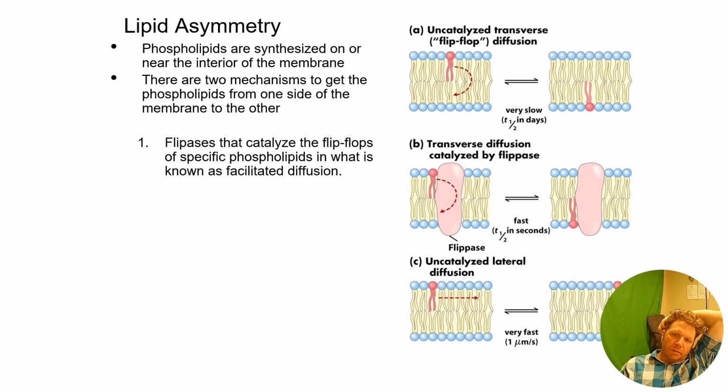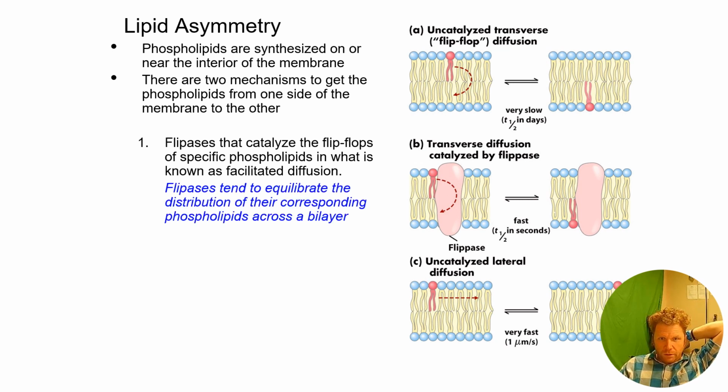So, like I said, the movement from the outer to the inner, or the inner to the outer, is going to happen very slowly, but awesomely there's a series of enzymes known as flippases that will make that action happen very quickly. Now, flippases tend to equilibrate the distribution of their corresponding phospholipids